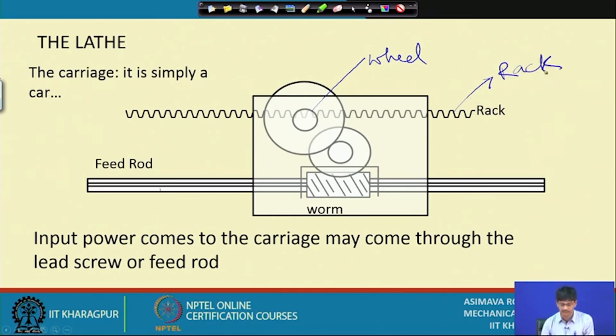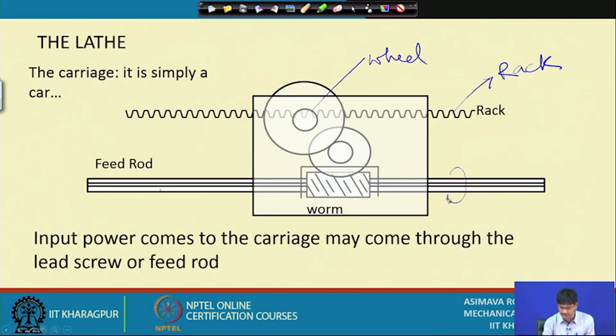So, how does it move? This is the feed rod. By the same mechanism as we have discussed, it has a keyway inside it, and on that fits a worm. I will explain what a worm is. There fits a worm, and the worm is in connection with a worm gear, so that if this rotates,